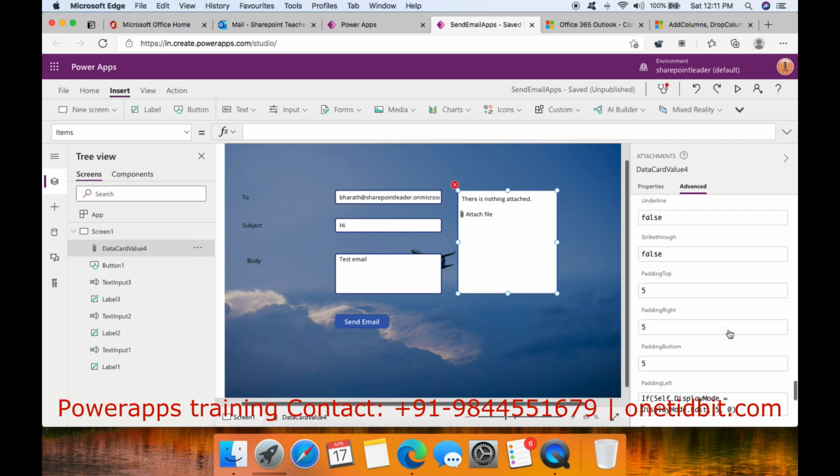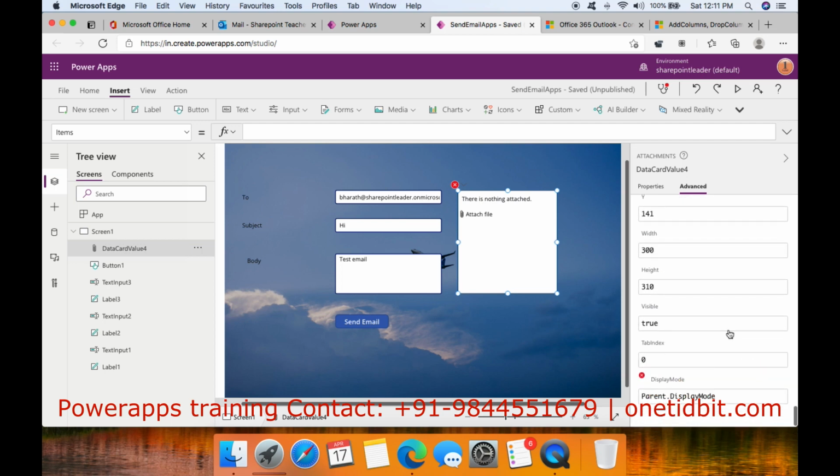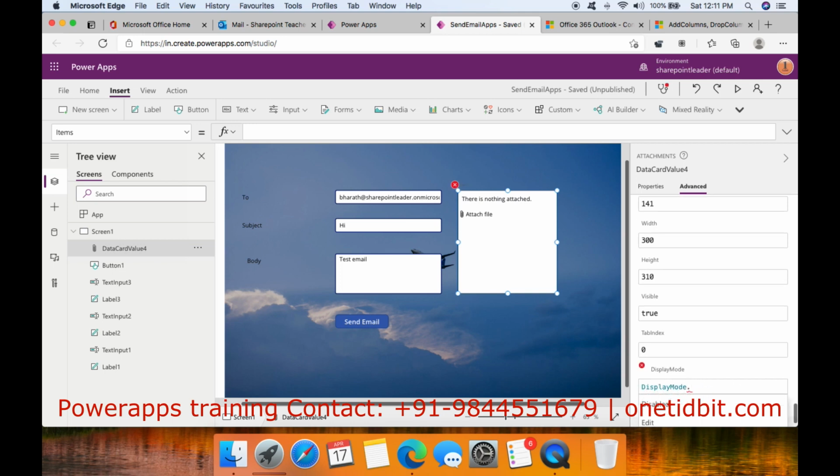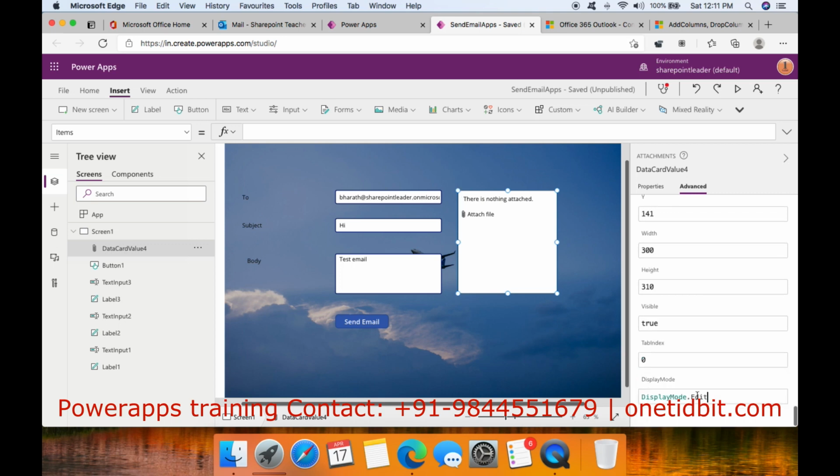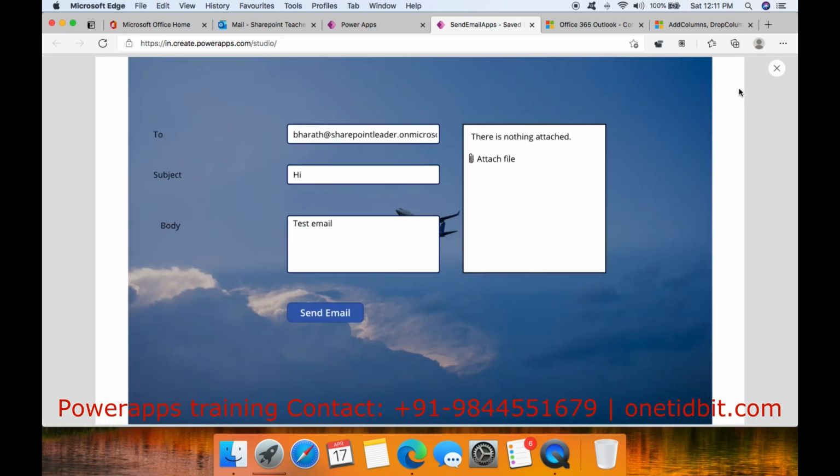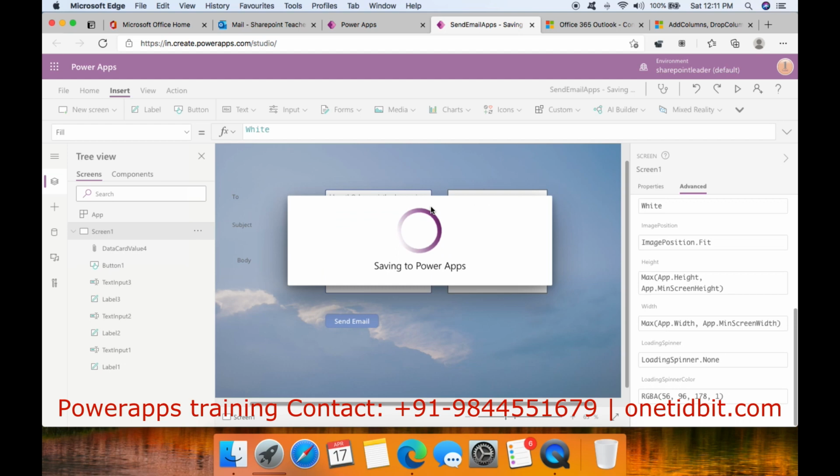Let's see the display mode. In the display mode just make it DisplayMode.Edit. Okay, now all errors are gone, and let's check how it looks first. Okay, now it's looking good, perfect, and save it first.